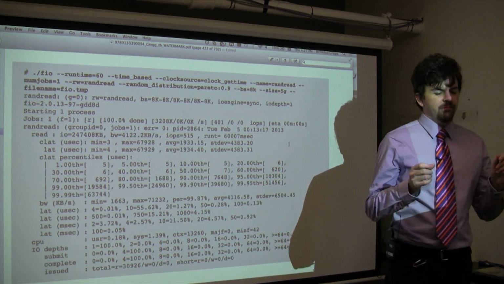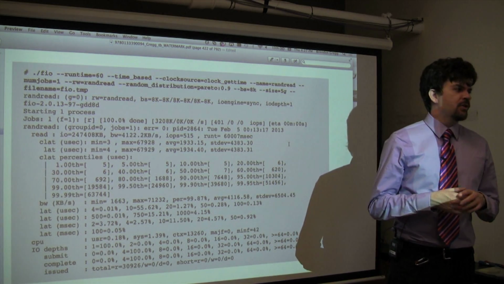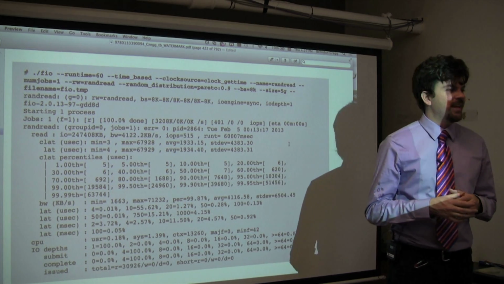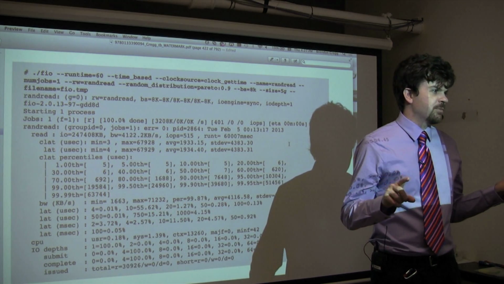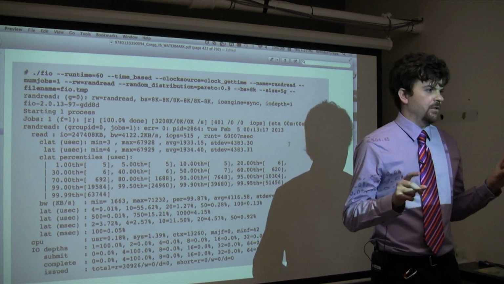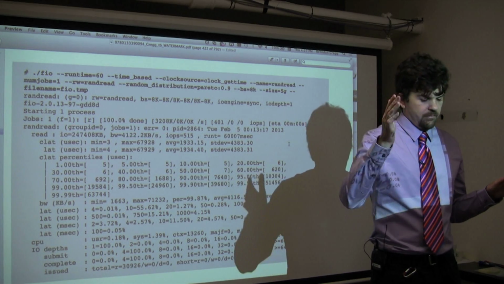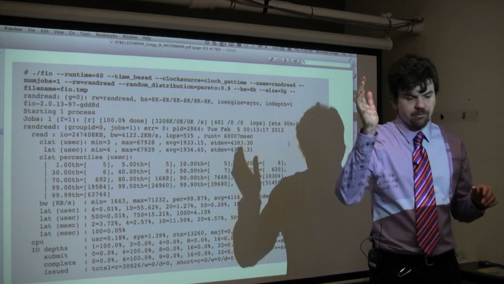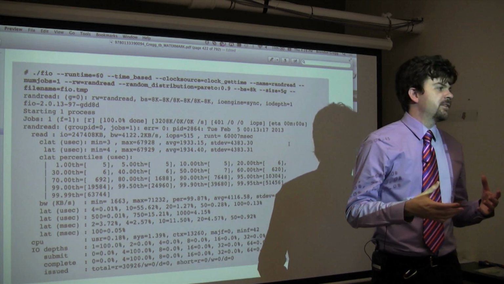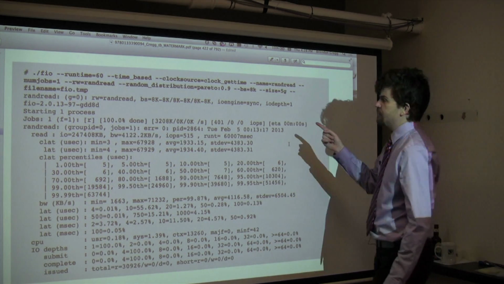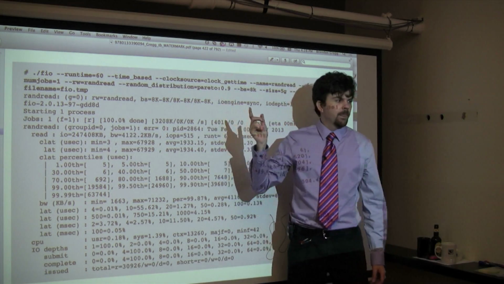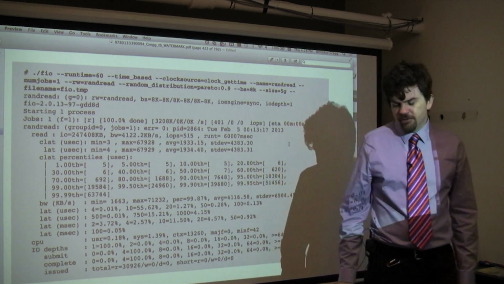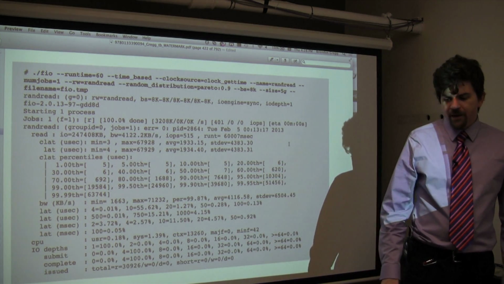working set access distribution, because most file system benchmark tools use a uniform access distribution, and that does not match the real world. In the real world, it is often exponential or Pareto or some other type of distribution, and FIO lets me simulate that. I had to do some testing for a particular issue, and what I did was I